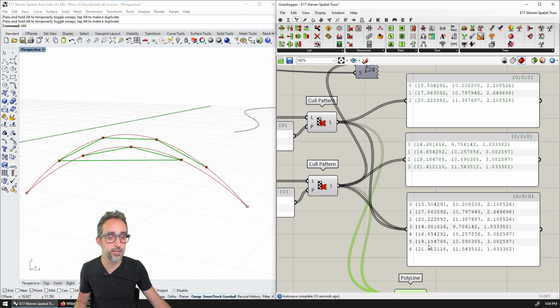And therefore, the polyline goes first through the 3 points on the bottom. So 1, 2, 3, you see that here. And then the polyline continues over the 4 points on the top. So the polyline goes here and then continues 1, 2, 3, and 4. So obviously this polyline is not going to work for my purposes.